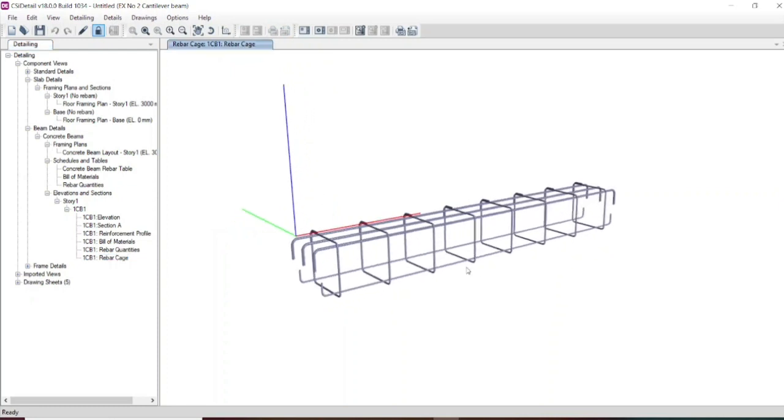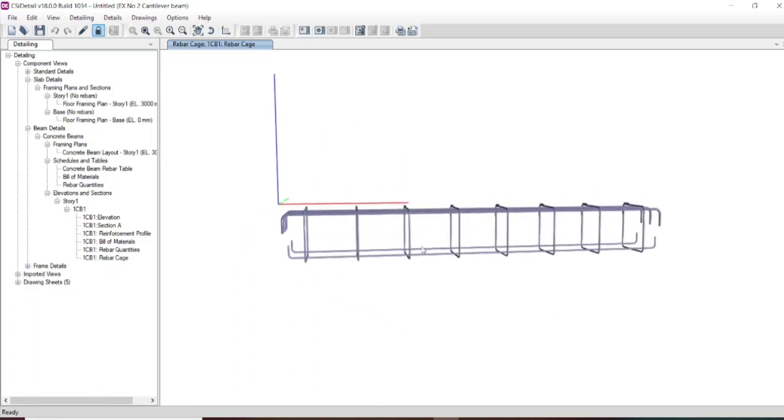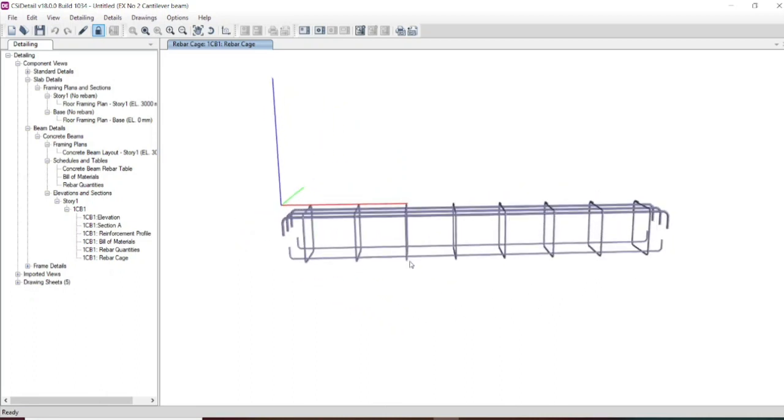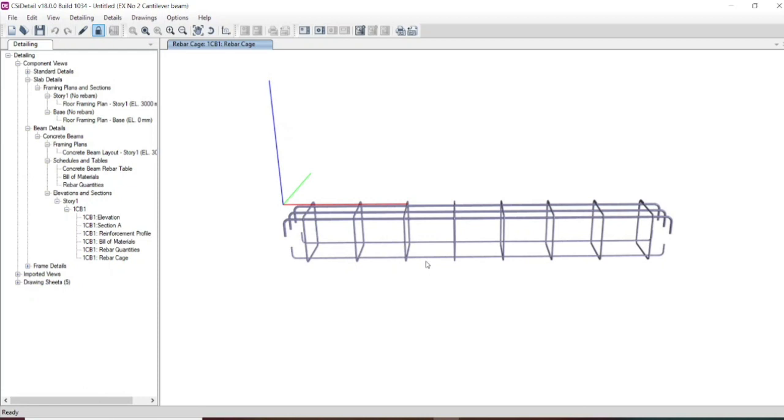This is our cage. So this is the way to lay the cantilever beam, and you can check here the number of stirrups required: 1 2 3 4 5 6 7 8. 8 number of stirrups is being used. At the top of the cantilever beam you have a maximum bending moment, and at the bottom you have a minimum bending moment. Hence we have provided the respective area of reinforcement. By this detailing you can cut the beams into different lengths, and you can take the working drawings here.